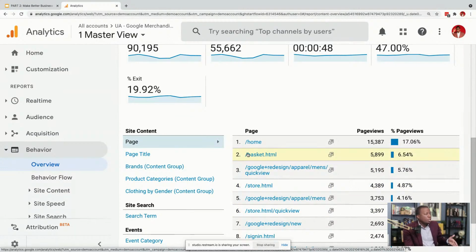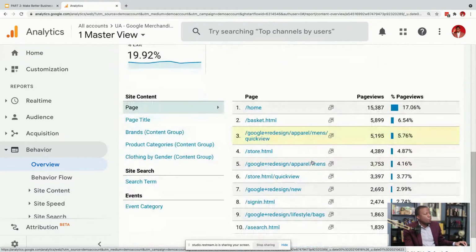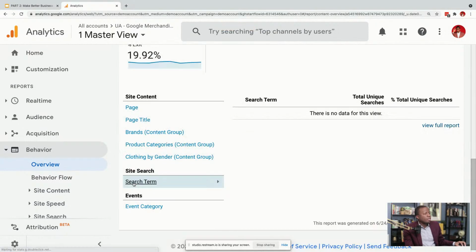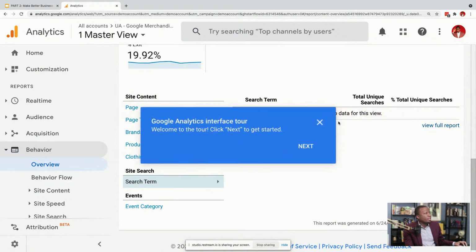So that lets you know that people are coming to the site to look for baskets. So now you can create more information to make that page even better. So it's very important to understand what exactly is going on and what page is getting the most traffic to your website.